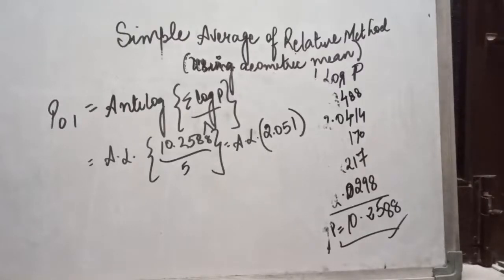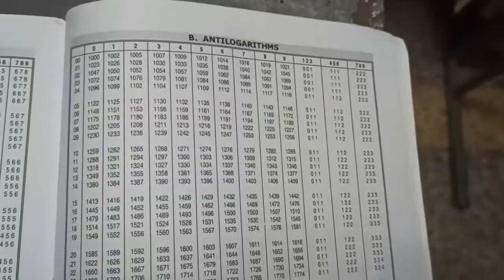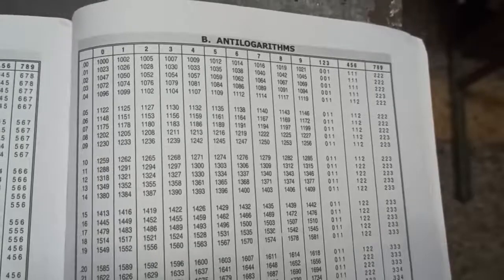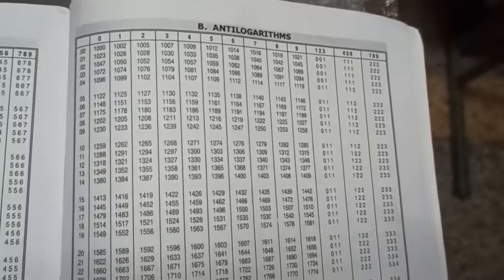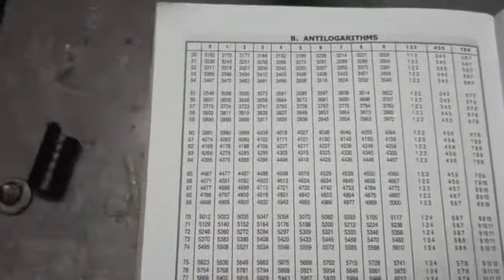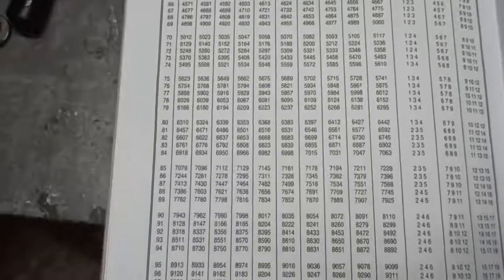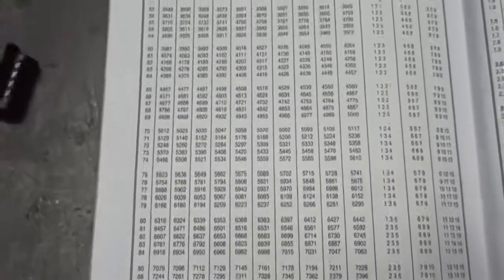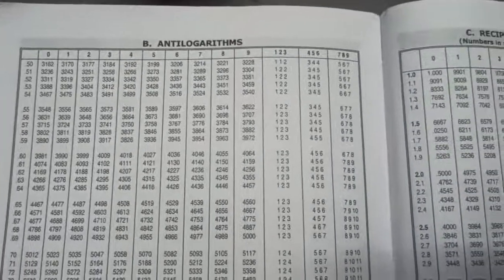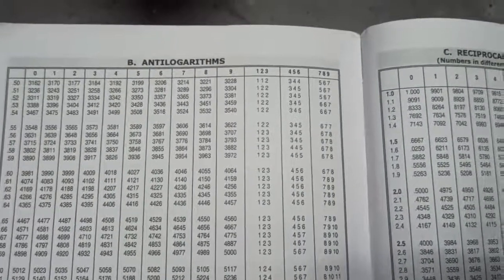Now let us see the NT log table. Now this is the NT log table. You can see from the left hand side, it is starting from 0.00. Again, it has 2 digits, but with point it is starting. From the left side, 0.00, 0.01, 2, like this it is moving, and it will be moving till 0.99. In the next page, if you will see, look at the table, it will be moving till 0.99. As we have seen in case of log tables above, we will see the value 0, 1, 2, 3, 4, 5, 6 till 9. Again at the last 1, 2, 3, 4 till 9.